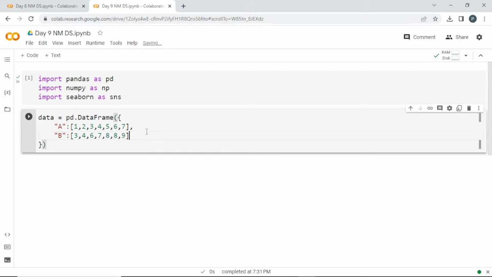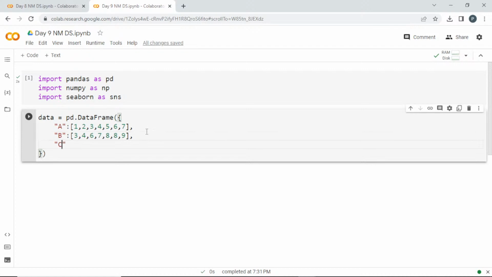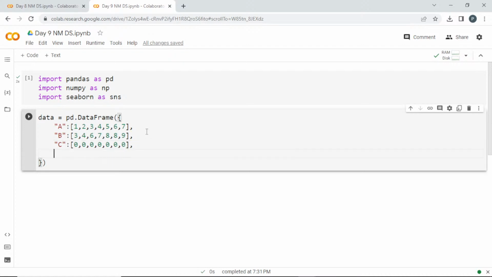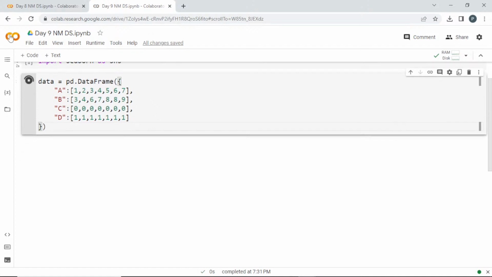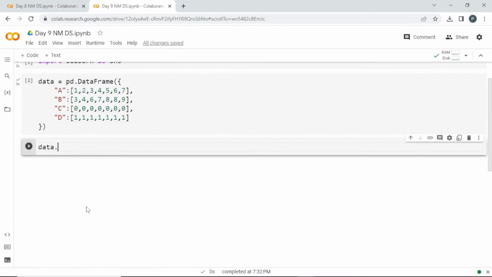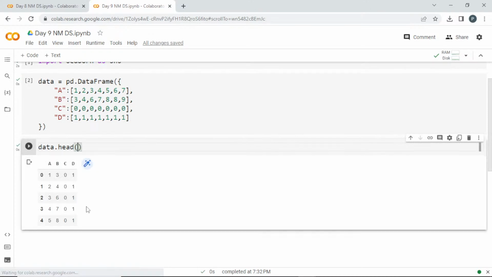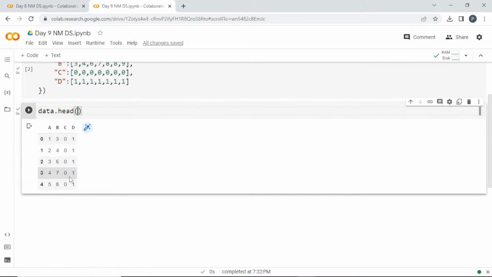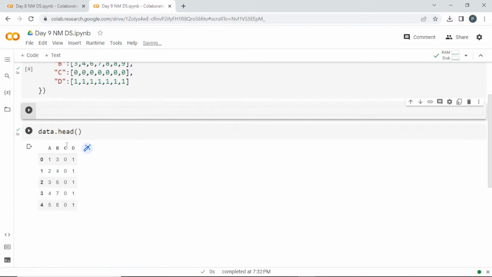Okay, so in the next column, in C, I'll give a standard value, only zeros everywhere, the same thing everywhere. So that's what the constant is. Fine, so I'll create it. I'll go with data.head. Now you can see it, right? 0 0 0 0 1 1 1 1. So if it is the same like this, so what I'm going to do,